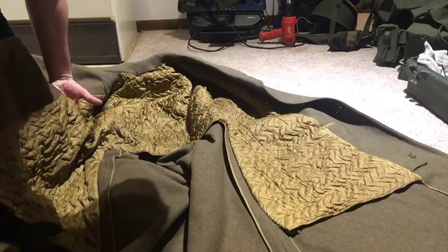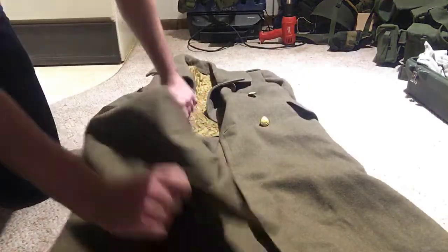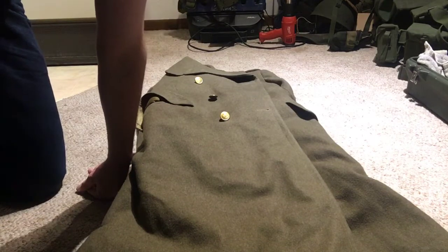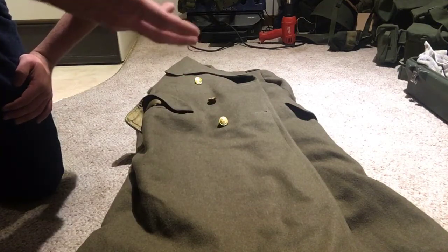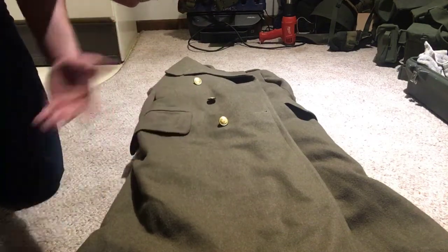It has a breast pocket here on the right breast. The left breast does not have anything. The sleeves are fully lined on it, and the shoulders have epaulette spots. It's a great coat. Super heavy though. Super robust. It's going to last you a long time if you can find one. They still make a lot of these today. Not this exact one, but you could buy a greatcoat today and be very warm through the winter, as well as quite fashionable. I just wanted to possibly get this out here to see if you guys are interested in anything like this,